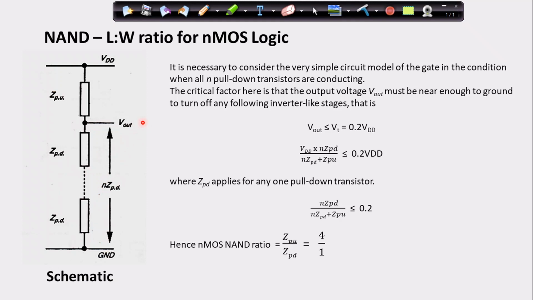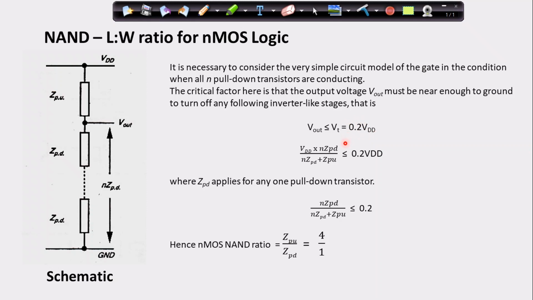As we said, for logic 0, V out should be less than or equal to Vt. That means in order to make this 0, it should be less than Vt, that means it should be equal to 0.2 into VDD, if I want to consider logic 0. Logic 1 does not have this issue, since here we have only one depletion mode NMOS region connected to VDD. So that is not the case over here. The case is with logic 0. When the number of inputs increases, this thing is going to increase, and logic 0 we can consider when it is equal to 0.2 into VDD. If VDD is 5,